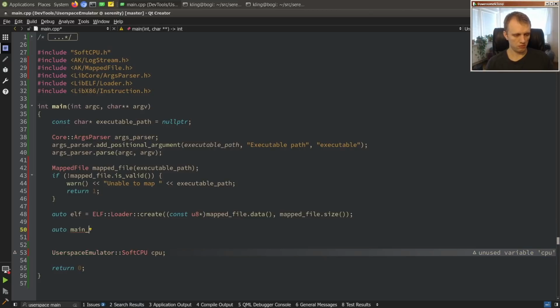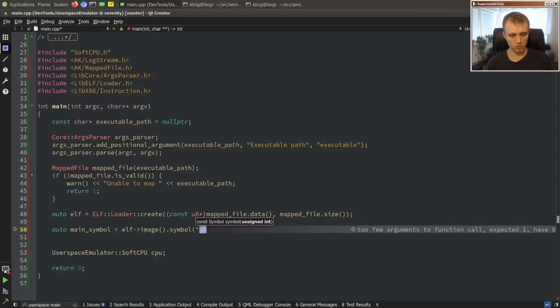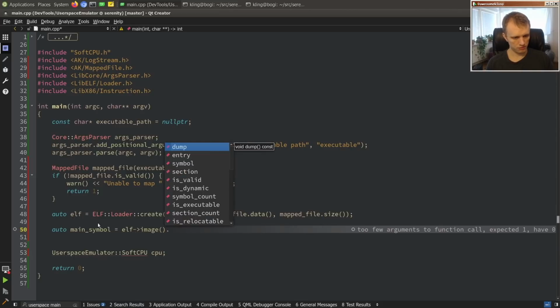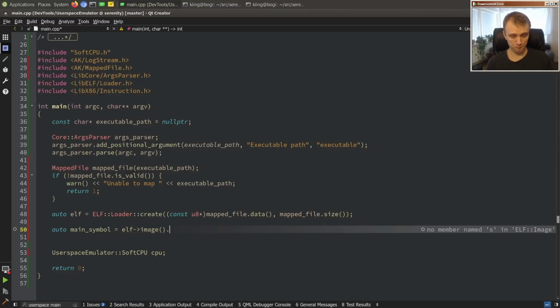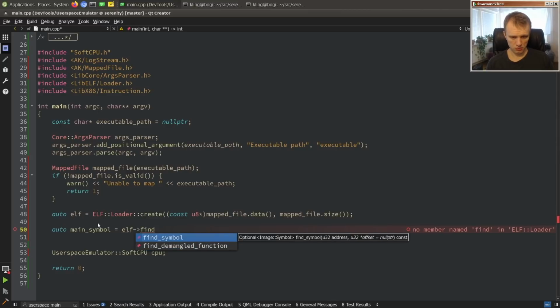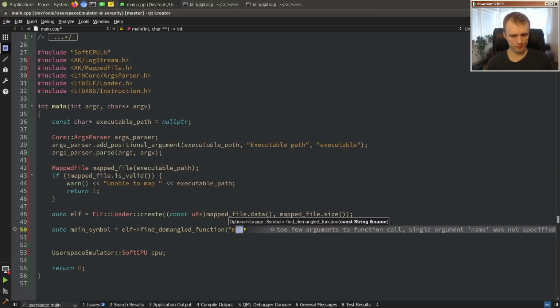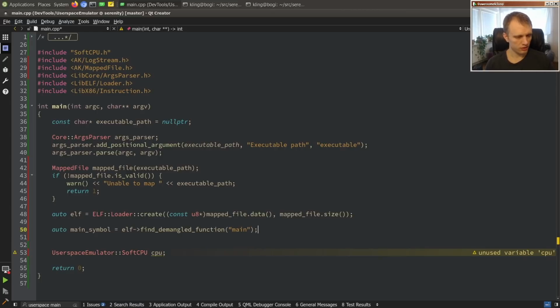So main symbol is elf image symbol for, no, wait, what is this thing called? Find symbol, find demangled function, right, main. Okay, so we'll go looking for main,